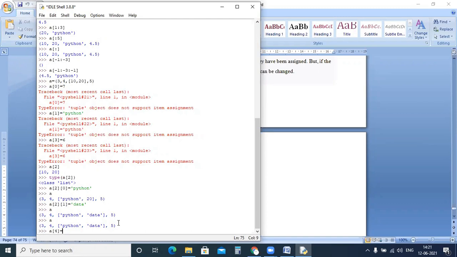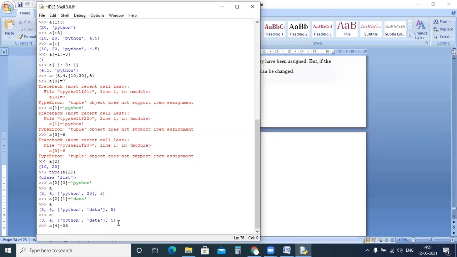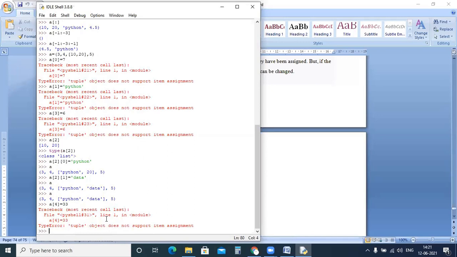A of 4 equal to, okay, I'll say it as 33. So we are getting an error. In the tuple, we cannot add the elements or we cannot remove the elements. But in the list or in the dictionary, we are able to add the elements and we are able to delete the elements. But that is the thing we cannot do here.